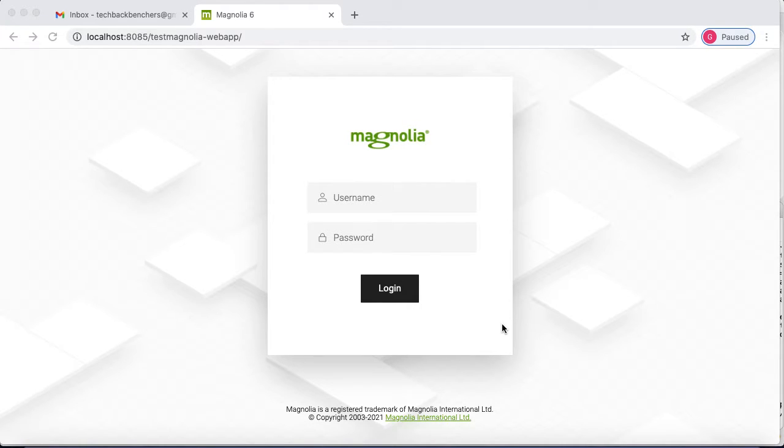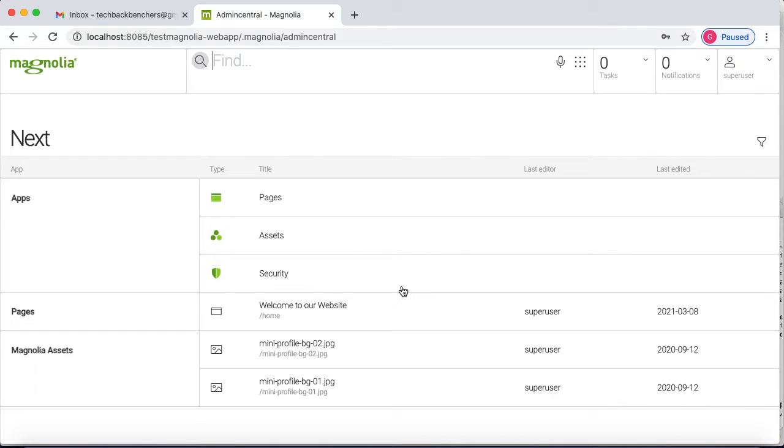Today I am going to show you how to configure and test Gmail SMTP server with Magnolia. So let's start and we will do login. The same user credential we will use, superuser and superuser as password. Now we will do login and here we have that